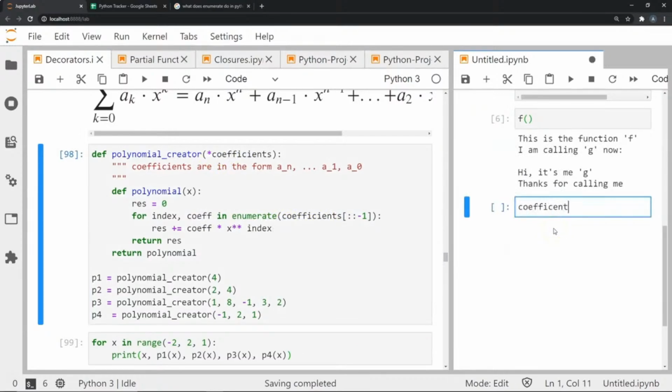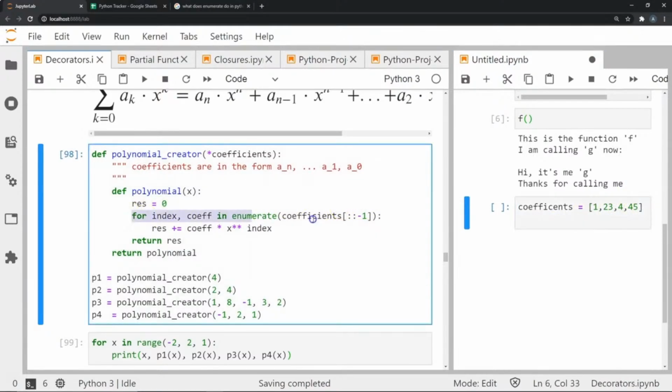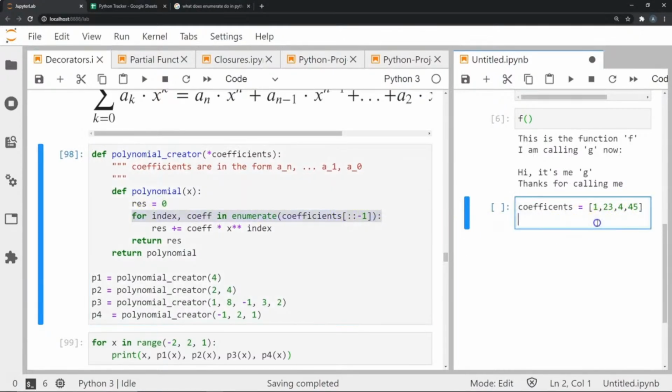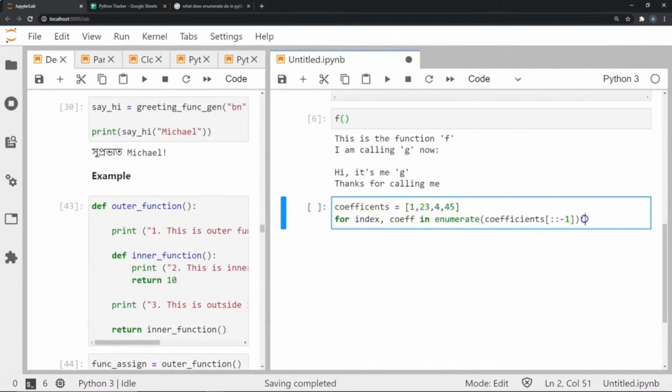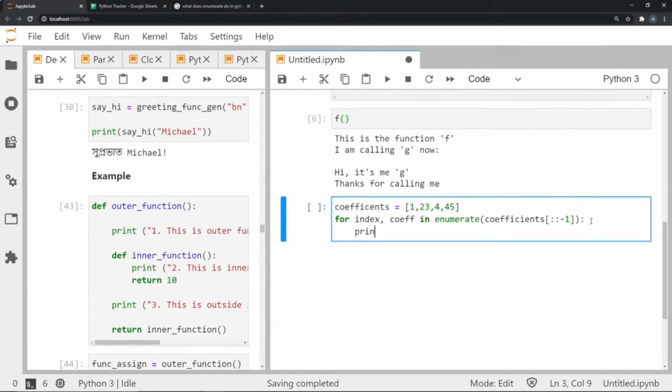So if I created an array called, say, coefficients, with some random values over here, right? Now if I'm going to perform this line, now let's see what happens when we do a for loop. Let's see what values we get for index when we execute this line. So if you see here, once I execute this, as you can see,